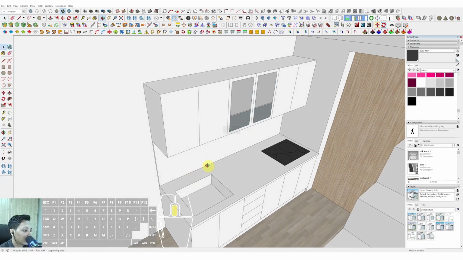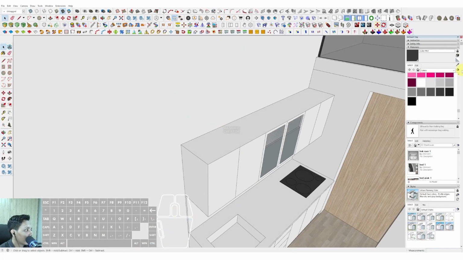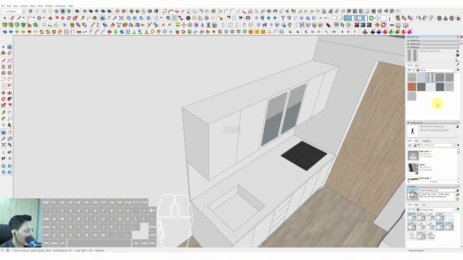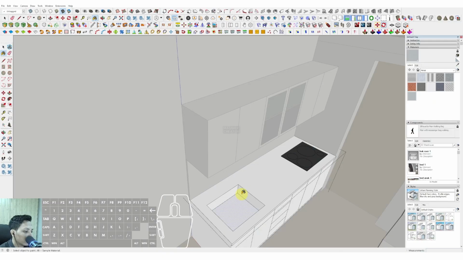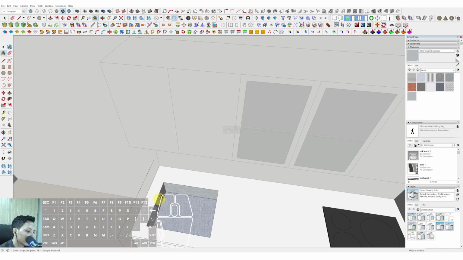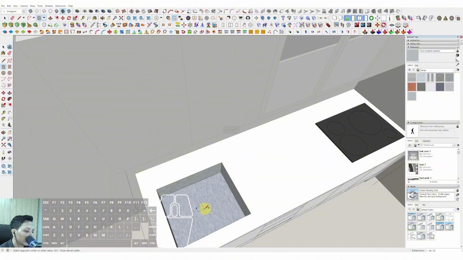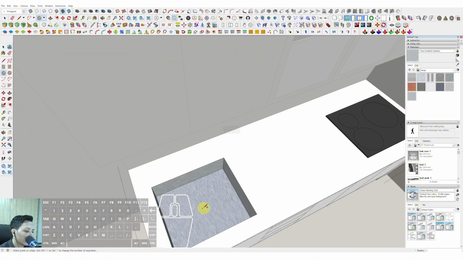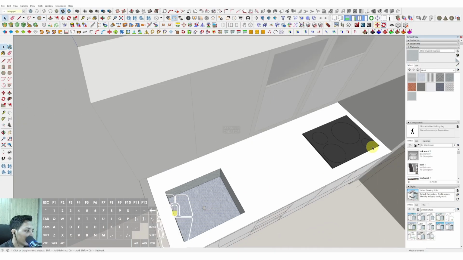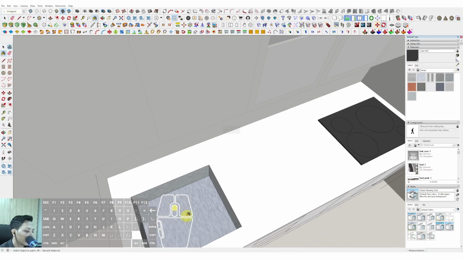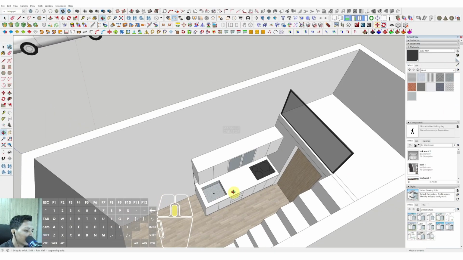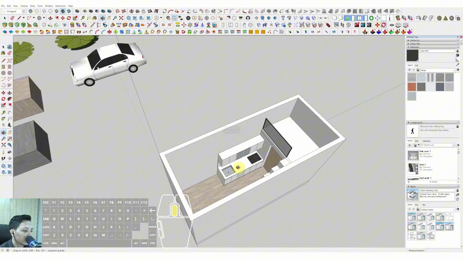Okay, and then maybe we can assign metal materials, using stainless steel brush. Okay, just like this, and then now